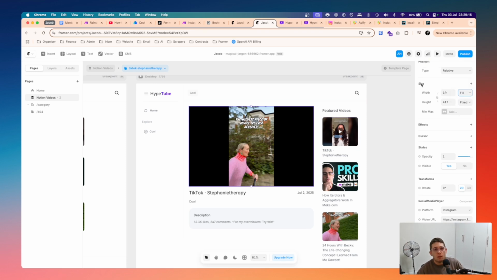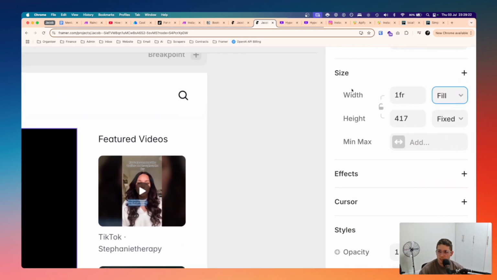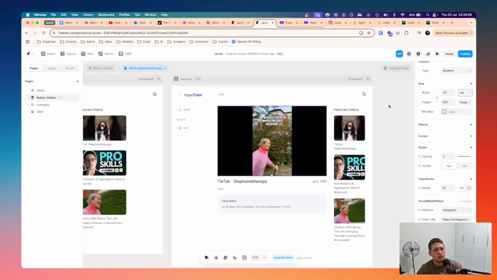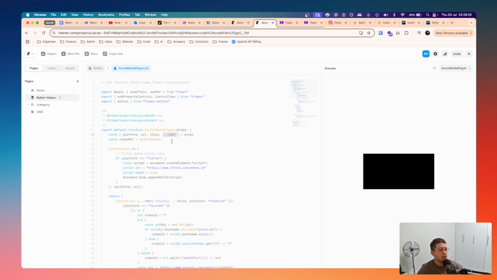So Framer will pass these size properties. If you can zoom in here, I'll zoom in here. Framer passes in these size properties, width, height, min, max, all that stuff. You just need to know how to use that within your component. It comes from props here, and you do a spread operator. You can see there, I've got the spread operator. I can't zoom in here for some reason. Okay, too bad. That kind of sucks.